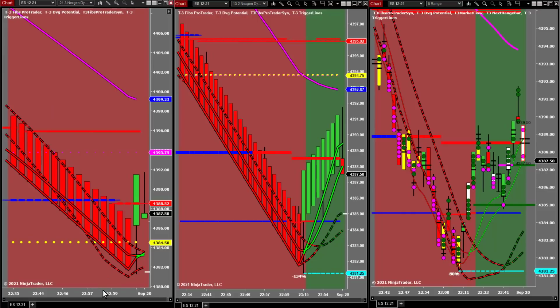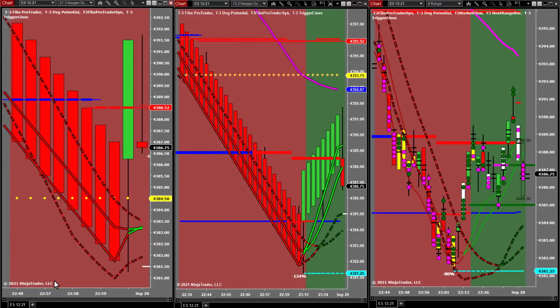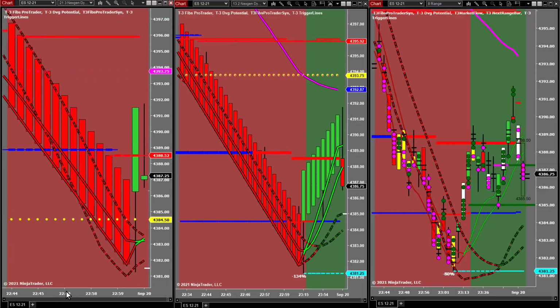First, starting on the left, you can see we're at Fibonacci resistance on our 21 chart. And you can see we're at Fibonacci resistance on our 13-2 chart. And whenever we're at Fibonacci resistance, this is going to exclude us from taking any type of long trades. So the only type of trade we can do at Fibonacci resistance is either a short trade or a high volume area trade. In this case, we don't have a high volume line to trade from, so there won't be